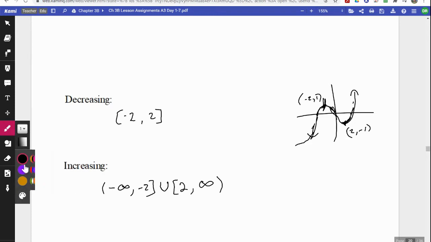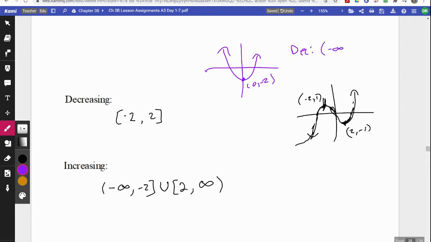If it didn't have a decreasing part, it would just be going straight up like that forever. A similar example, well, let's just do a parabola. Let's say this is 0, -2. This example would be decreasing